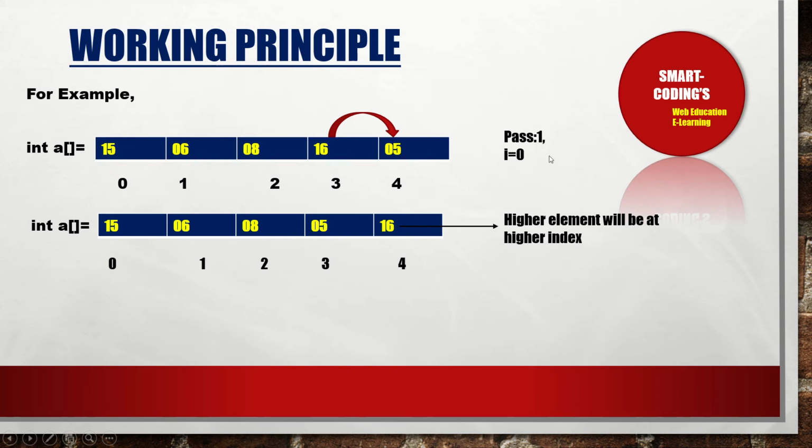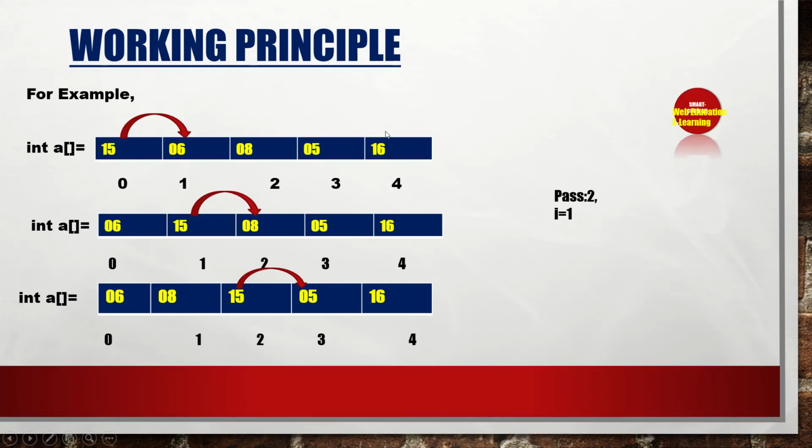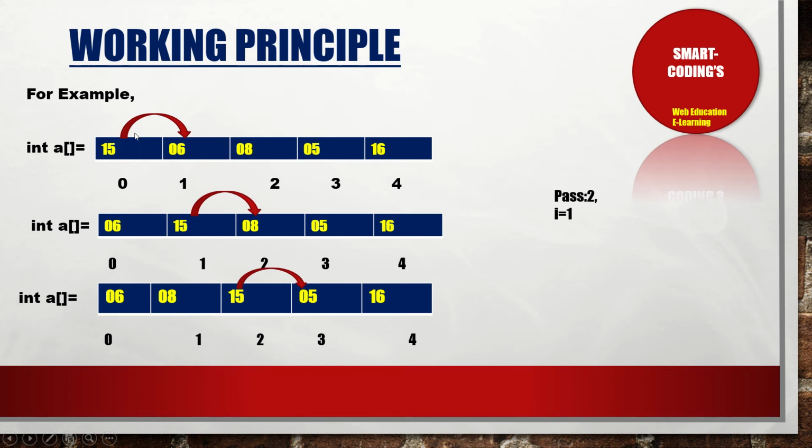Let's indicate pass 1 by i equal to 0, because two loops will be used in the program. The outer loop will be for the number of passes and the inner loop will be for the number of comparisons. The loop for the number of passes will be denoted by the i loop, so let's start i with 0. That's why it is written here: pass 1, i equals 0. At the end of pass 1, the highest element is automatically in its correct position. Now we take this final output into pass 2. It is the same as written here. We check whether comparison is required. Yes, comparison is required and done, and swapping is also required here: 6 here, 15 here.